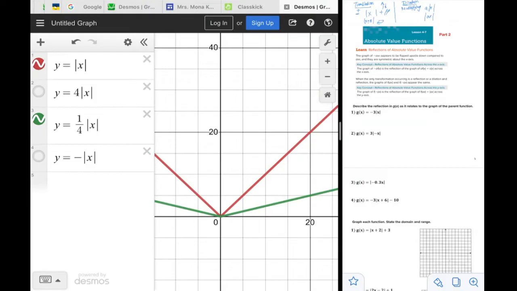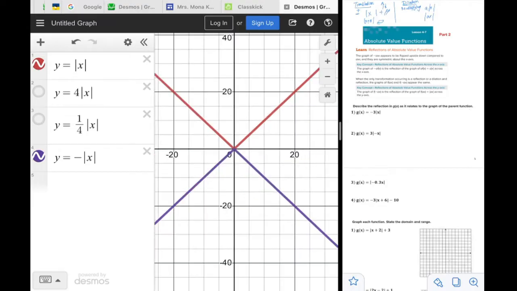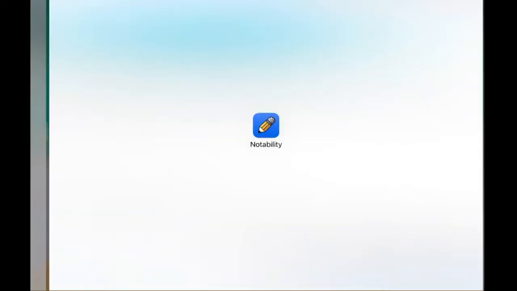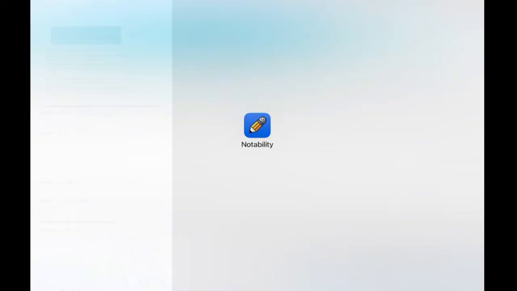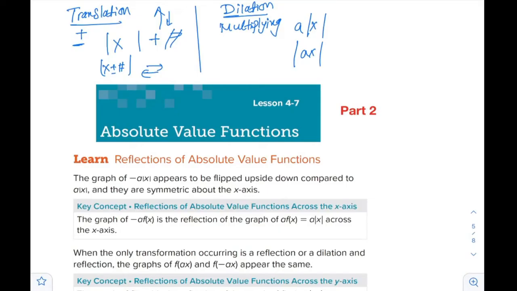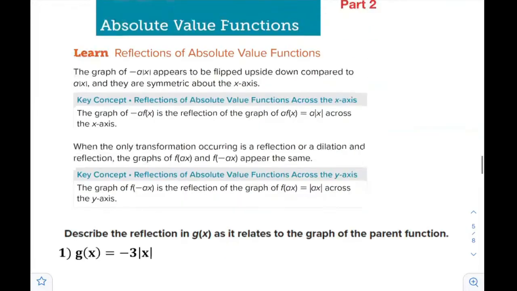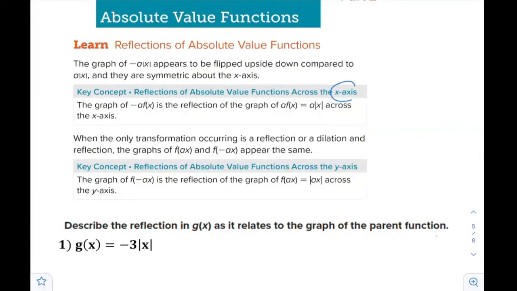Today, we will study the effect of the negative sign outside. Let's see if you put the negative outside the bracket, outside the absolute value, what will happen? As you see, the graph is reflected across the x-axis. And we studied that also in the linear function, انعكاس. الانعكاس نوعين, the reflection is 2 types. It can be reflected across the x-axis when the minus is outside,